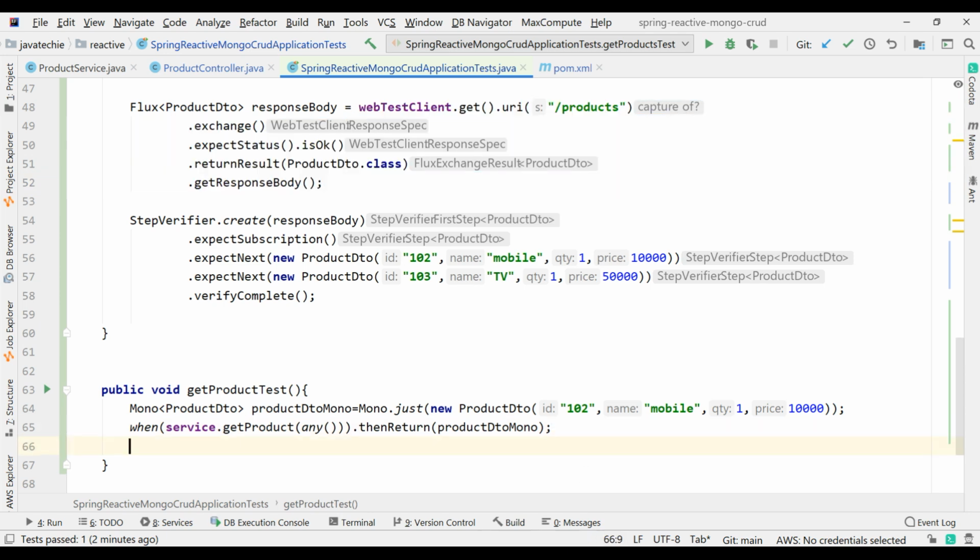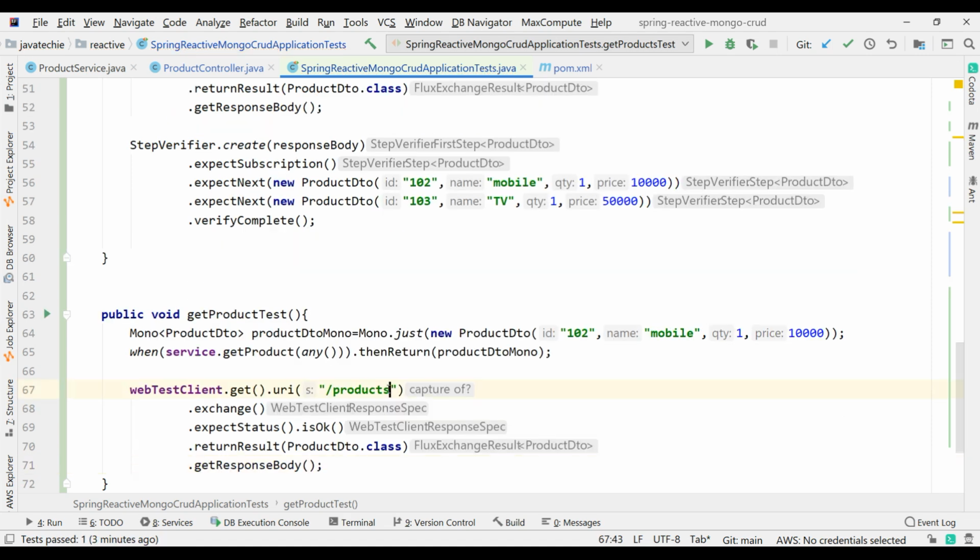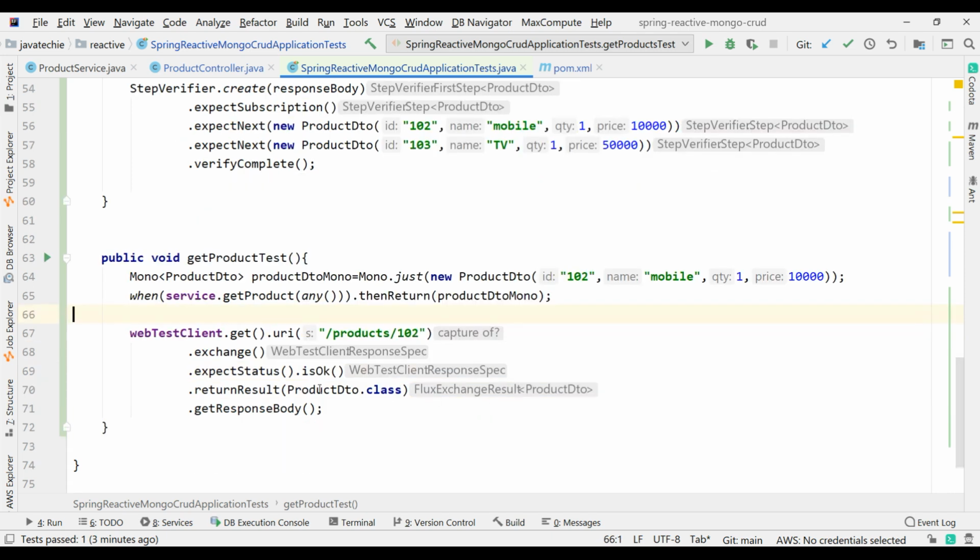Just add it here. Okay. Copy this. Change the URL slash products. Let's say give the ID 1 or 2 because I am passing here any call. So you can pass any ID. Anyway, we are not returning the actual data, we are just returning the mock data. Okay, so then I just need to wrap it to a local variable.